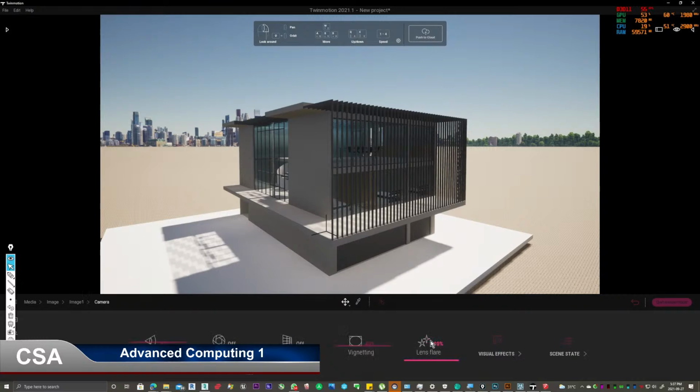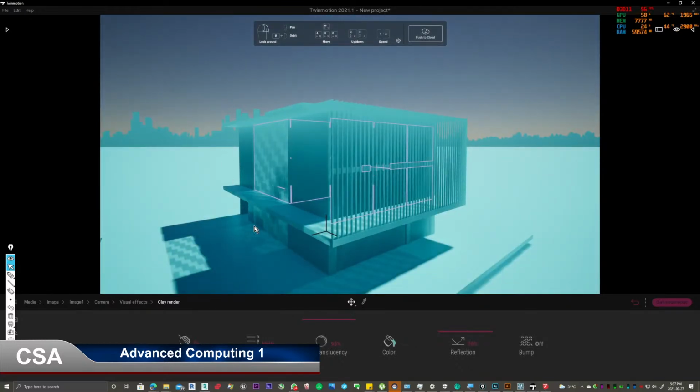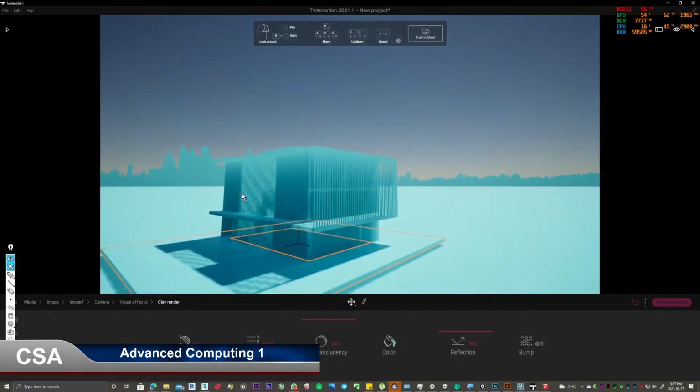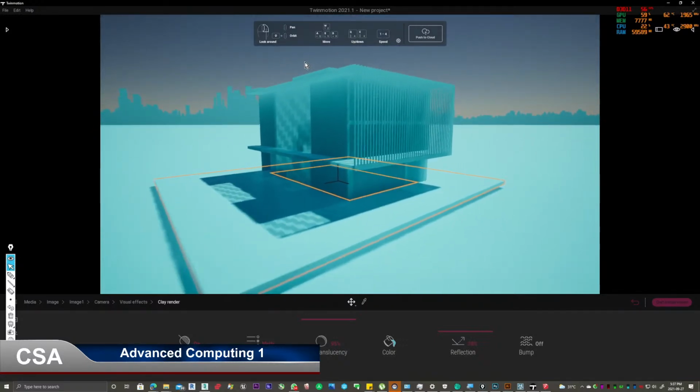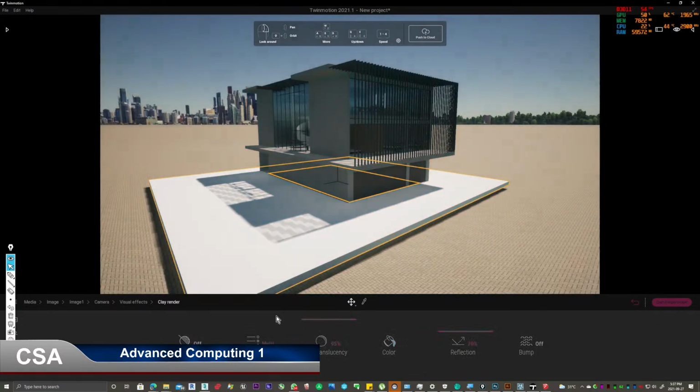Camera, maybe? Visual effects, here we go. And you have, well, first you have clear render, that gives you like a solid color. Some of you I see that need something with a solid color. And you have